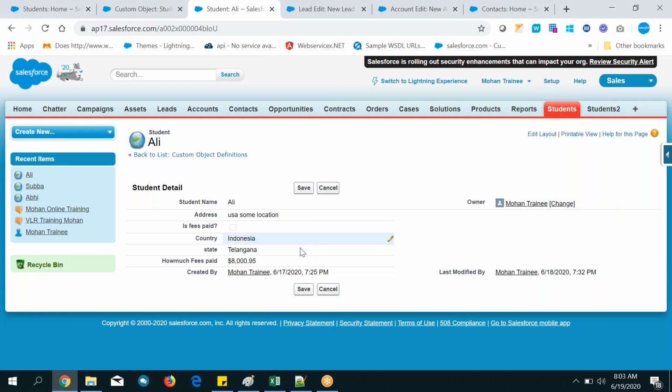And okay. So in the same way, if this is also locked, see the symbol. And if pencil is there, what does that mean? You can modify it. That is the meaning of this one. Okay. Pencil represents modify it. Lock symbol represents don't modify it.